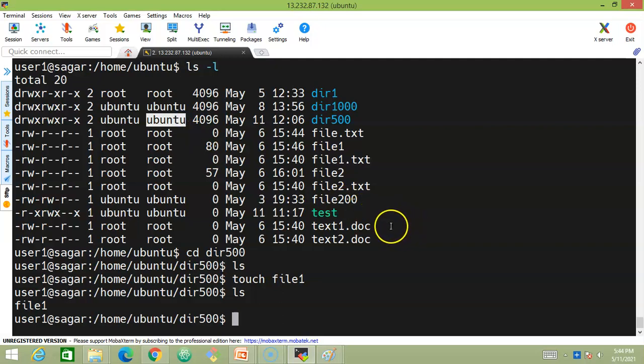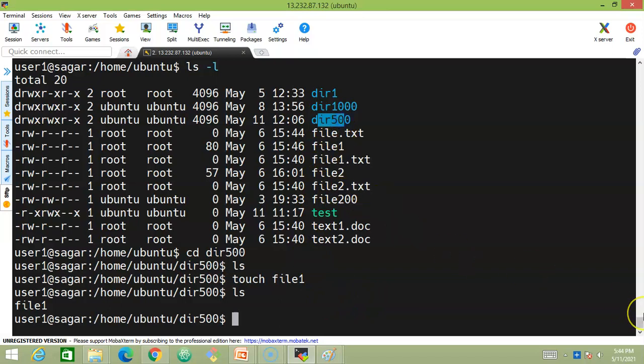What if you would like to change? Now you feel that you don't want this user1 to create something or to write something. So two things you can do. You can remove user1 from the Ubuntu group, or you can change the group permissions as well. You can set the group permissions in a different way. So user1 cannot set the group permissions of Ubuntu. So you have to become a Ubuntu user and change the permissions of this particular